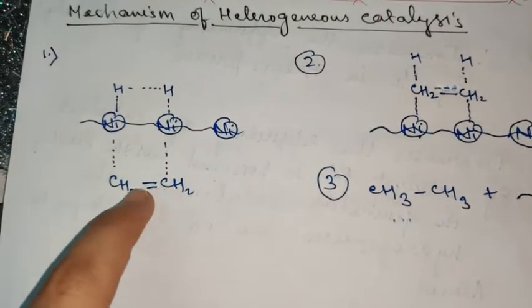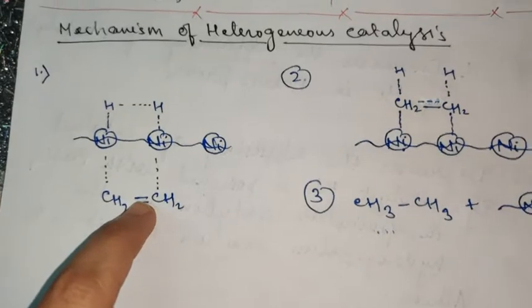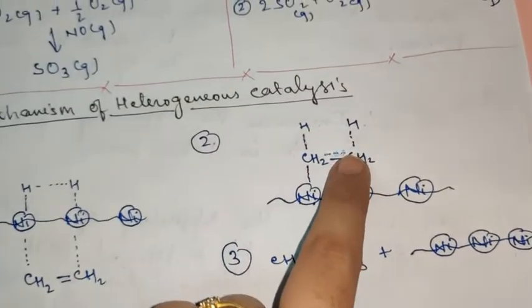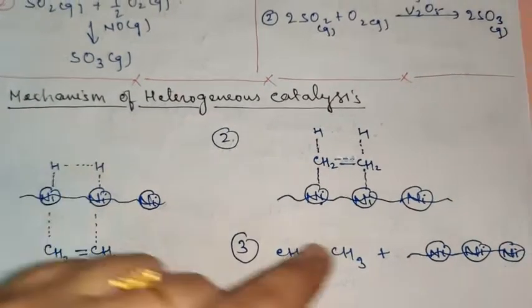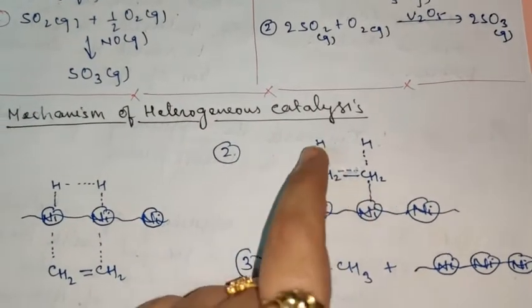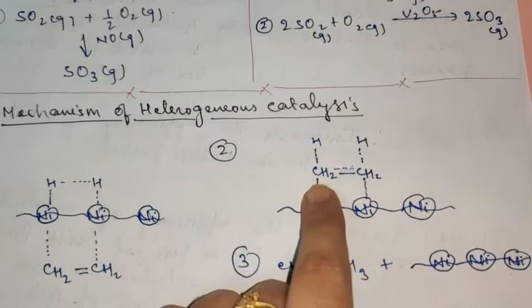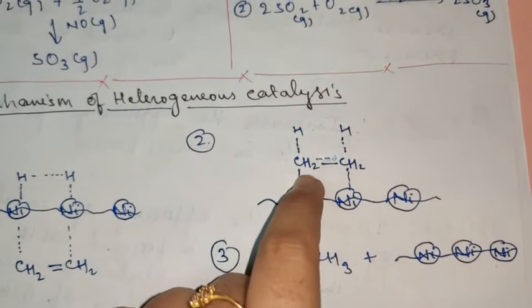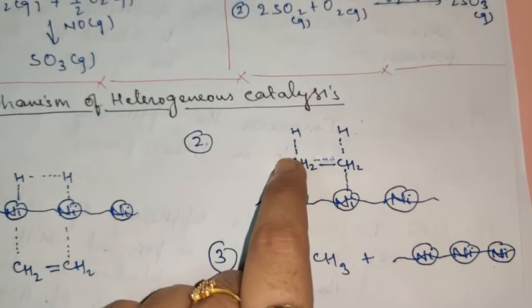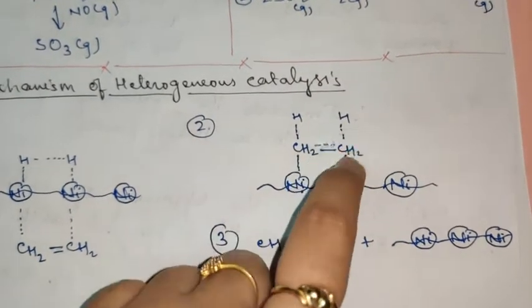So one of the two bonds present here will be weakened like this. So these two will start reacting with each other. Now the hydrogen atom will start bonding itself, because in the atomic state hydrogen is unstable. It starts bonding with CH2, because this is also now free. They will react with each other.